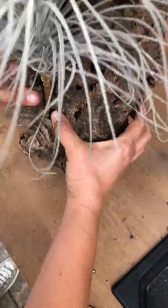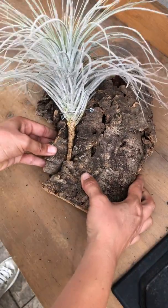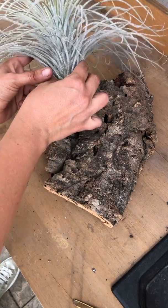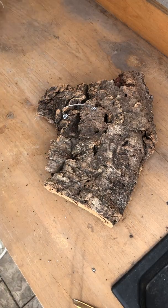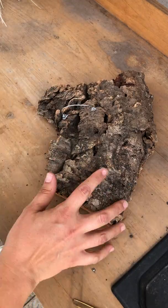Okay, and I just wanna make sure it's not gonna fall. So if it's hanging, it's not gonna fall. See? It's not going anywhere, so there's no glue involved. You don't have to use glue. I know that some people glue their air plants to, you know, whatever they're using. Okay, so now